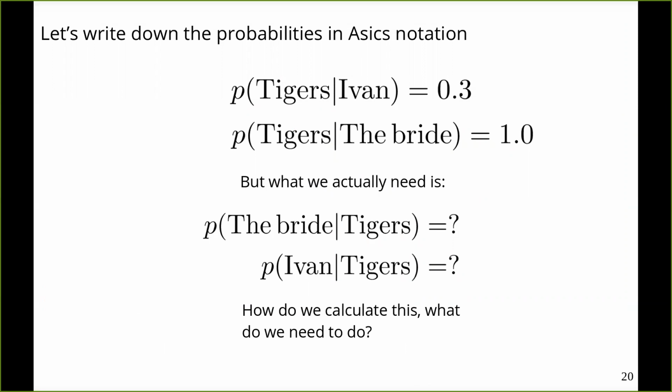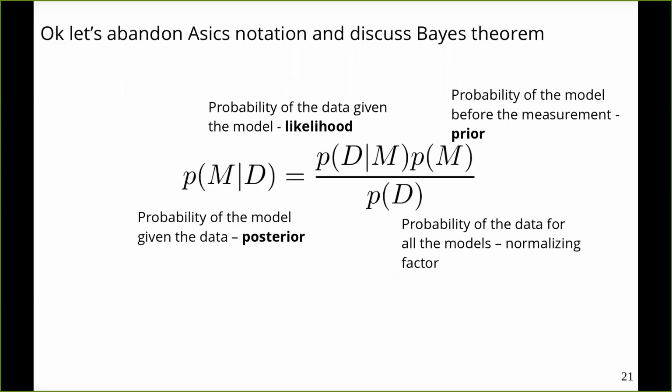We are looking for the opposite thing. We are looking for the probability of each of these two separate characters actually stealing the cashews, given that the tiger's mark was there. And now the question becomes, what do we need to do? How do we calculate these probabilities down there? And for that, we use the so-called Bayes theorem, which is a super simple, super easy, super beautiful, and super informative theorem written by